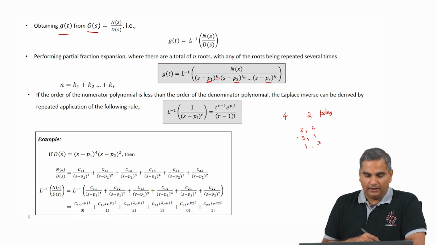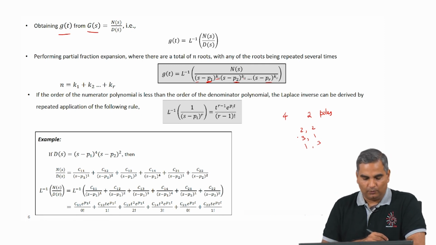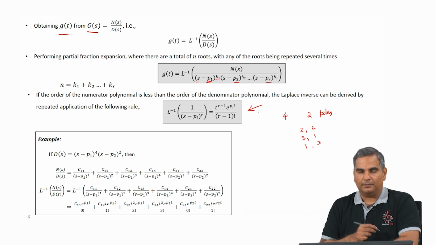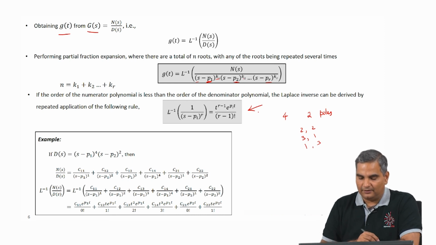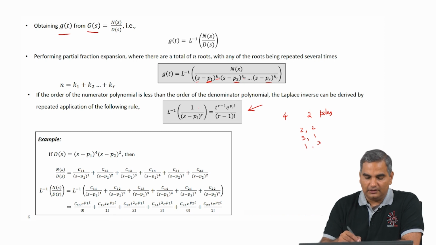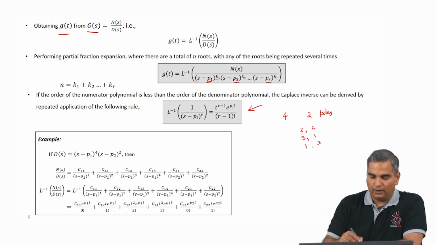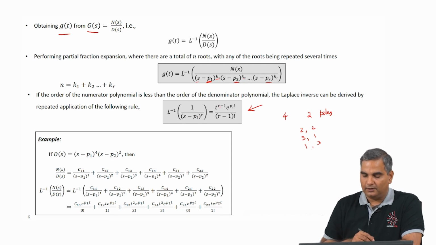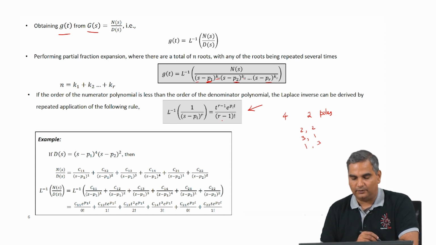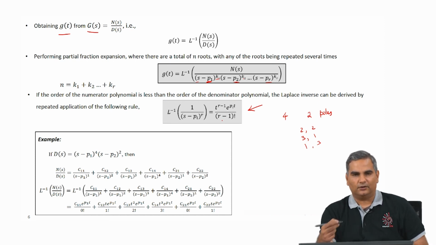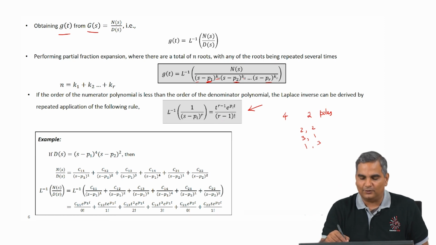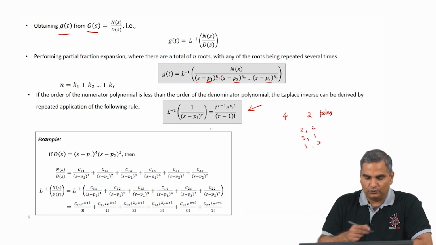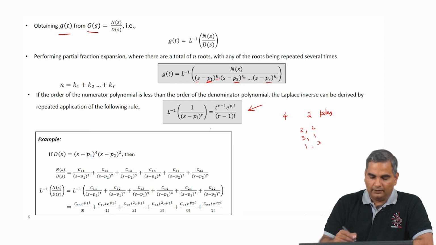Okay. So, now if we want to invert this, what we are going to do is the following. We are going to repeatedly apply this rule. You can go and look up the table for this rule and understand this well. In general, if we take Laplace inverse of 1 by (s minus pi) to the power r, the inverse is t to the power r minus 1 e power pi t by (r minus 1) factorial. So, this is already computed. We are going to keep using this again and again, there is nothing new here. Once you understand what this is, then it is going to be straightforward application of this to find the inverse Laplace transform. So, how do we use this?